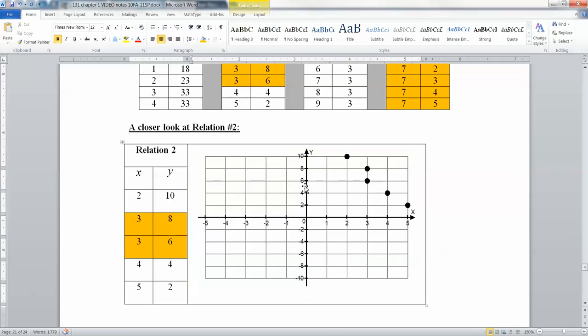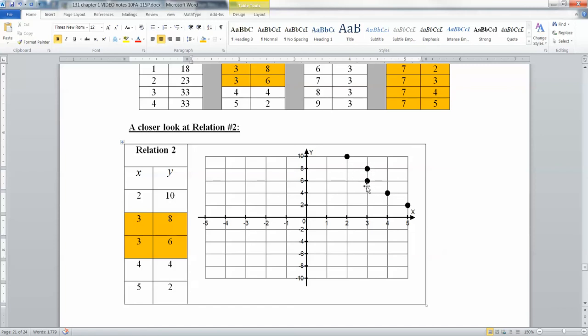All right, there they are. Sorry about that. That scale again, 2, 4, 6, 8, 10. And what I did was I graphed all the dots. So I went over 2 up 10, over 3 up 8, over 3 up 6, and so on. Right? All right, now when you look at these, you think, okay, so the issues were with these 2 points